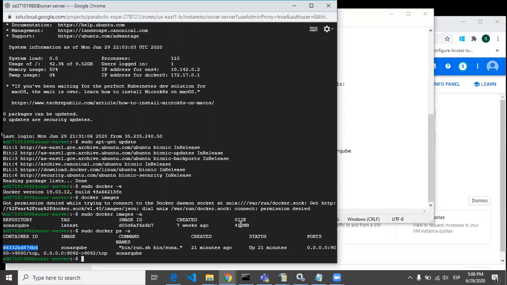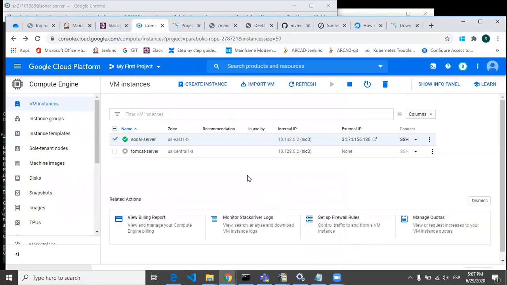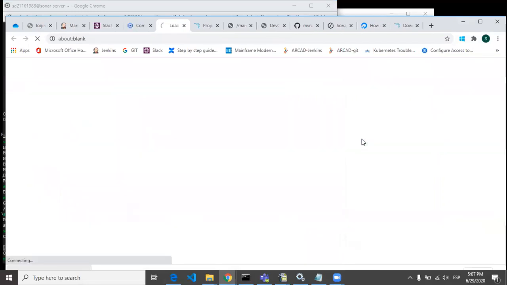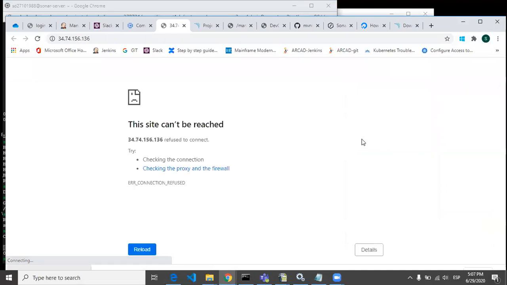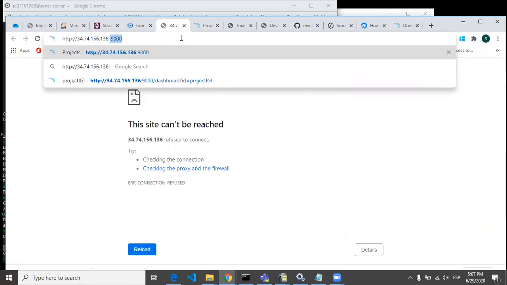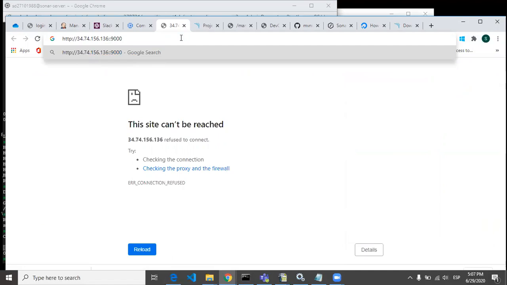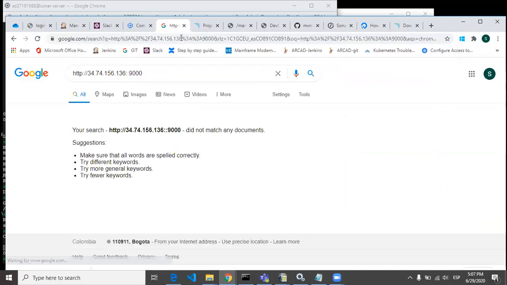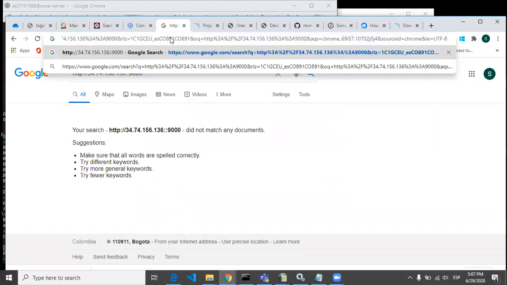Once you do all these steps, come to this console part, compute engine, and just hit on the external IP. Go here, remove the HTTPS and put HTTP, and give the default port for SonarQube, that is 9000.